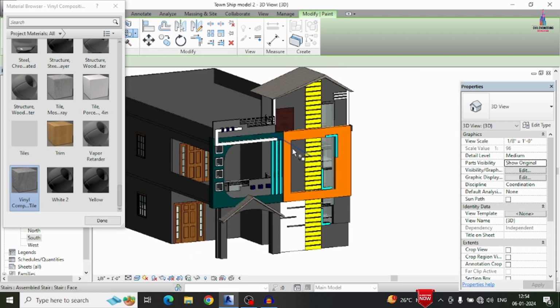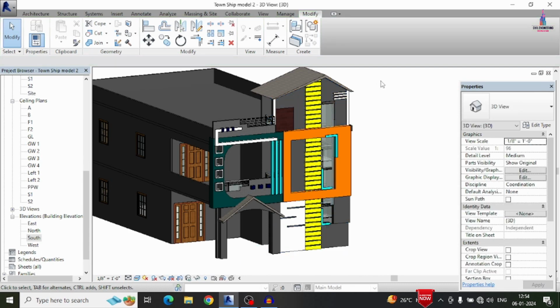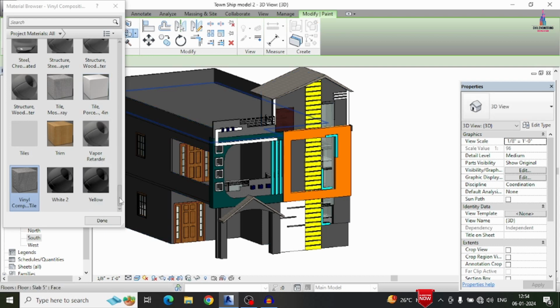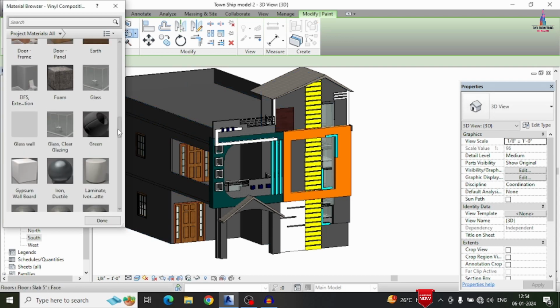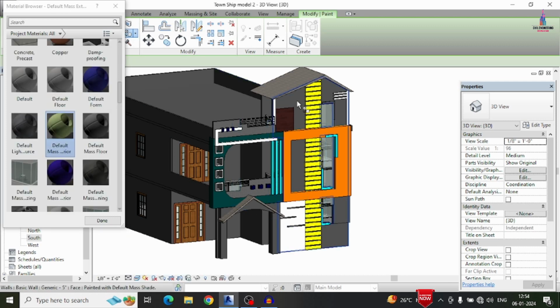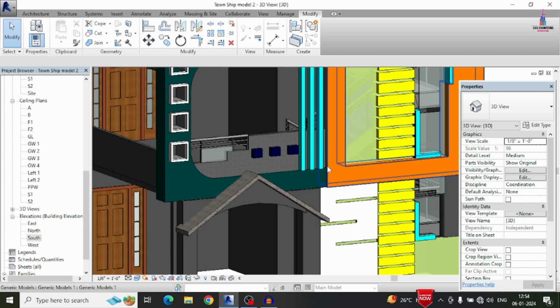Okay, in the same process we will fill the pattern of this particular main wall section also. For that I am selecting this modify option. Go to your paint option. Why? Because it also comes under the wall section only. That's why I am selecting here, and you can pick any one of those. Here I am selecting this color pattern for simple understanding. Now we can see it was applied here.